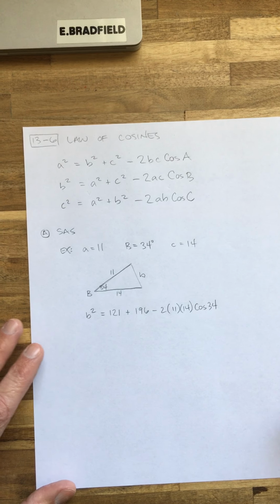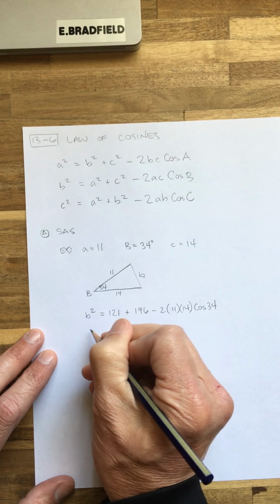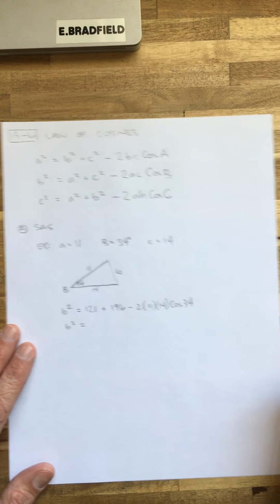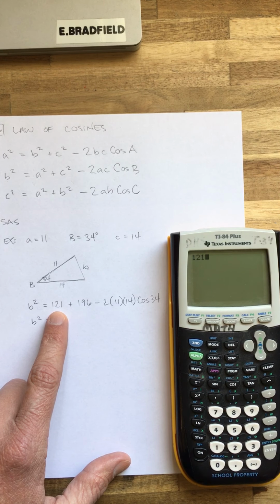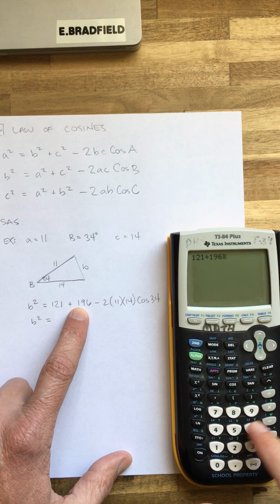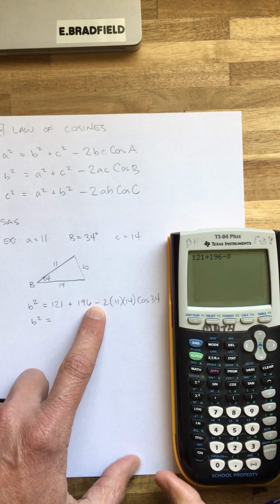This is pretty straightforward here. I'll do it a little by little. I don't think you really need to stress too much here. Let me clear all this. One thing I'm going to do is check to make sure I'm in degrees. So I check my mode. I'm in degrees. Cool. Let me back out of there. So I have 121, plus 196, minus